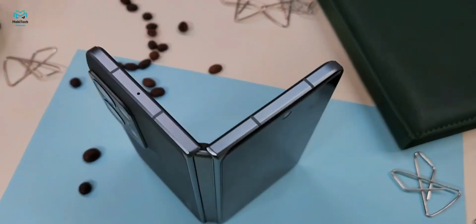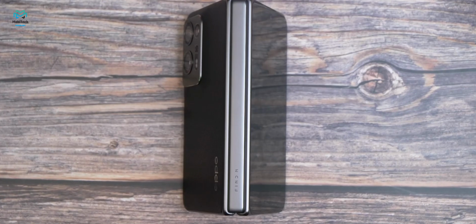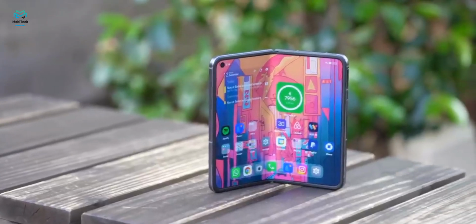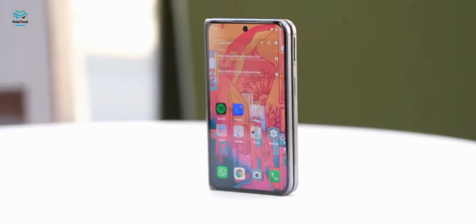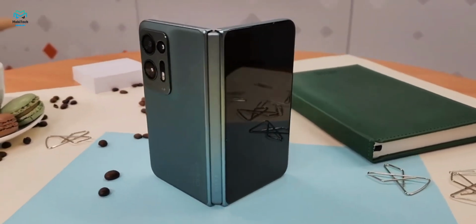So that is the Oppo Find N2. It continues with what the first model set out to do, providing a solid foldable experience. But there are a few upgrades like a lighter compact design, a faster chipset, quick charging and improved cameras, plus higher brightness on the displays, and a quick refresh rate on the outer screen, which are very impressive. But the problem is that this phone is released only in the China market, and any outsider would have to deal with the hassle of a gray import. That makes this phone